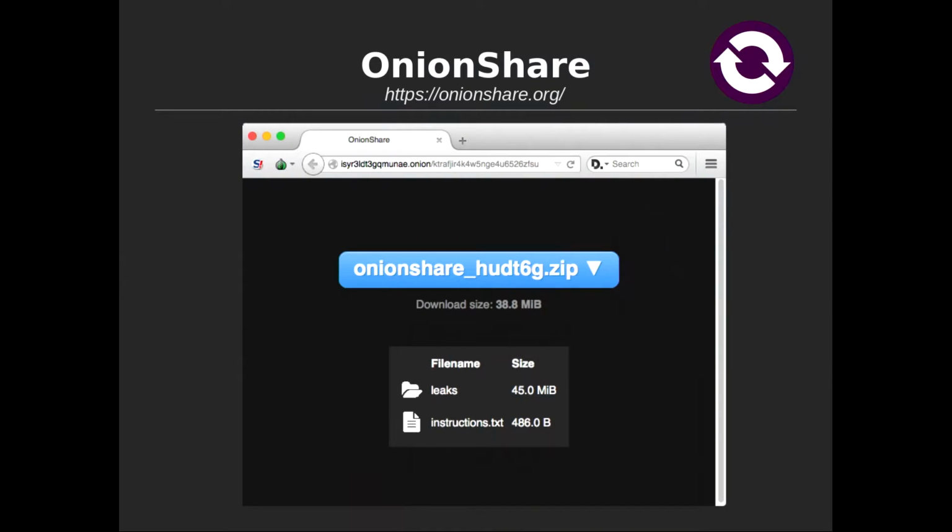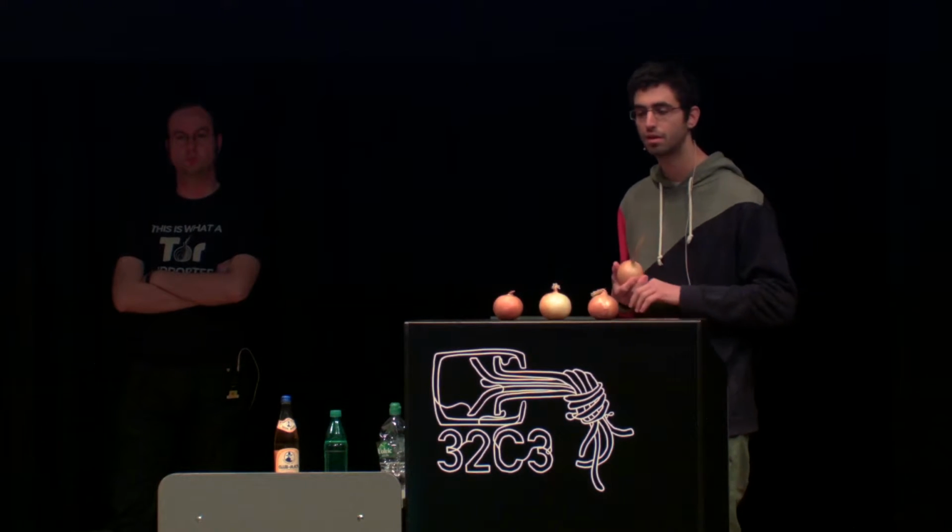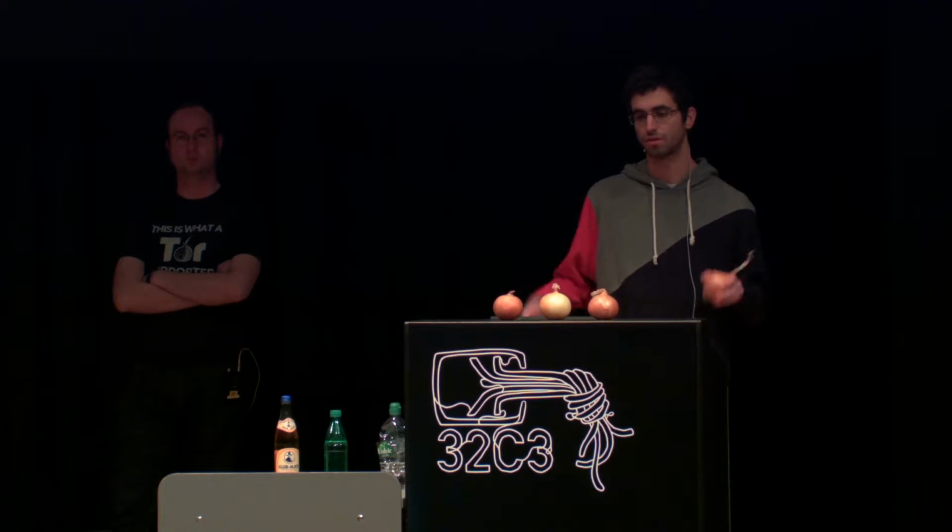First of all, OnionShare is a file transfer application where you basically download this thing, and then you feed it a file, and then it exposes an HTTP server that basically hosts your file, an Onion address that hosts your file, and you can give that URL, you can see it up there, to your friend, and they can just put it in their Tor browser and download the file easily. It's quite convenient, nicely made, and I think various organizations like The Intercept are using it to transfer files internally, and it works fine so far as we know.